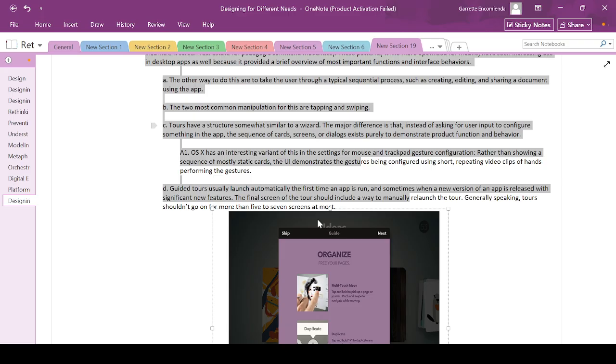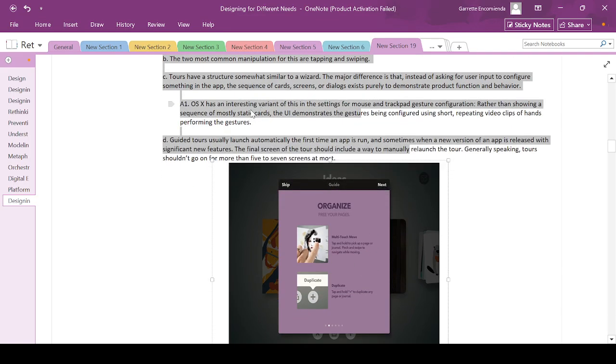Actually, in a way, it's providing choice as well because you can exit it by tapping anything on the screen. But this card is actually just a modal box like this. So OS X has an interesting variant of this in the settings for mouse and trackpad gesture